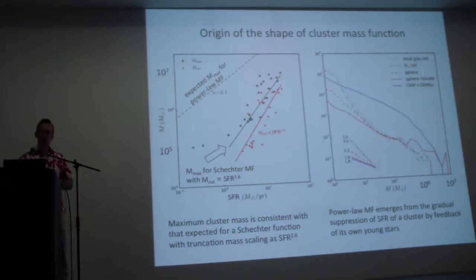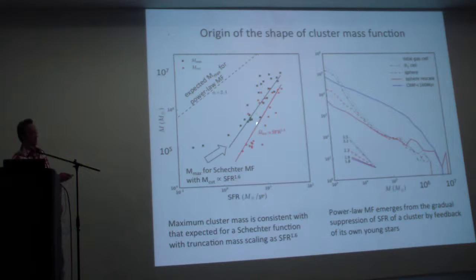But if there was no truncation, if the mass function was a strict power law with no cutoff, then for this given star formation rate, this would be the prediction for the maximum cluster mass that you would form, which you can calculate analytically if you know the star formation rate. And the masses that we see in the simulations are an order of magnitude or more below that value. So this is an indication that there is a real cutoff in the mass function. It's not just a statistical effect, it's not a sampling effect.